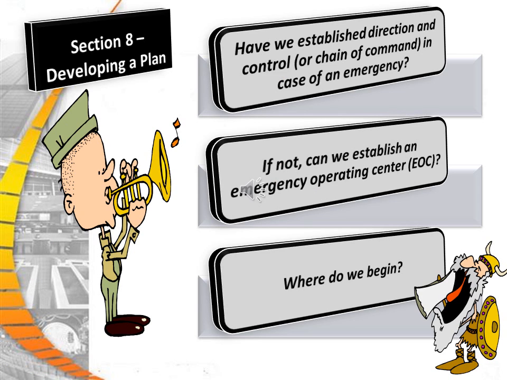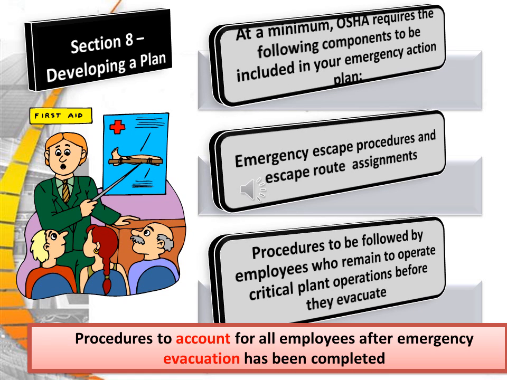Well, have you established a direction and control or chain of command in the case of an emergency? If not, can we establish an emergency operating center? If yes, where? At minimum, OSHA requires the following components to be included in your emergency action plan: emergency escape procedures and escape route assignments, procedures to be followed by employees who remain to operate critical plant operations before they evacuate, procedures to account for all employees after an emergency evacuation has been completed,